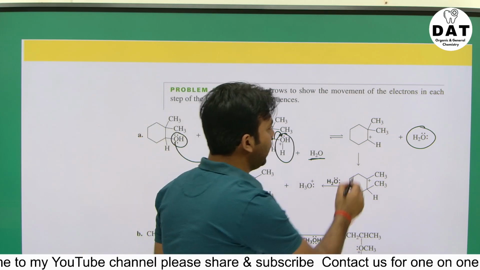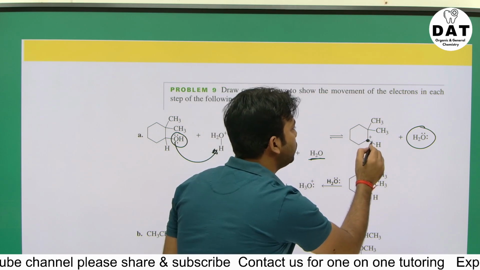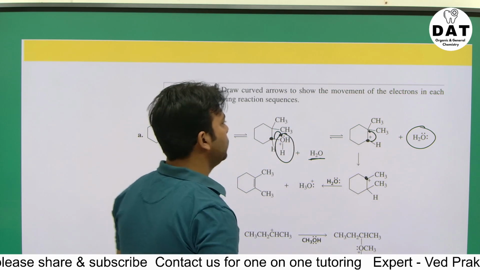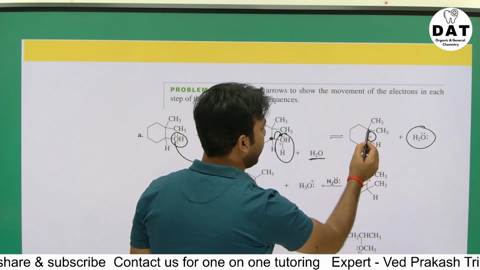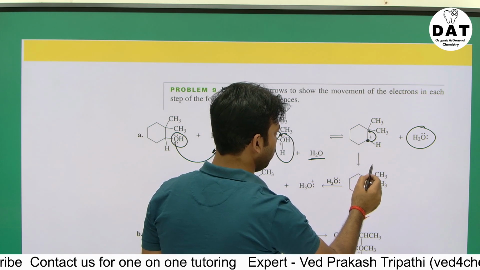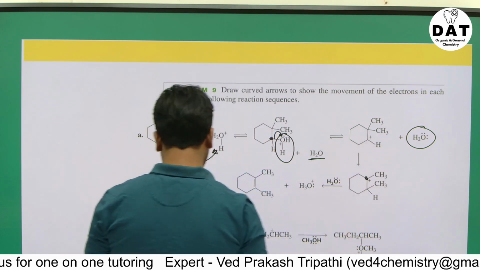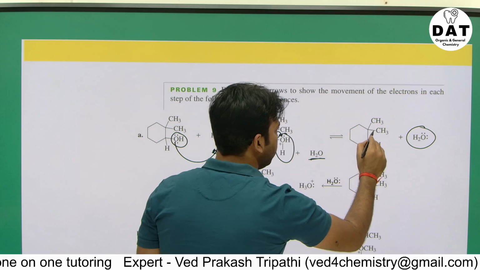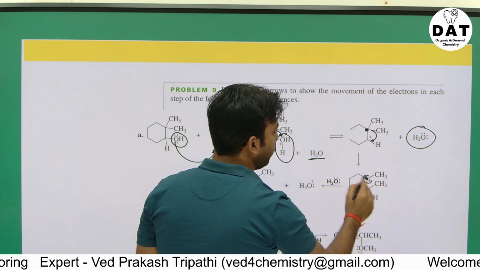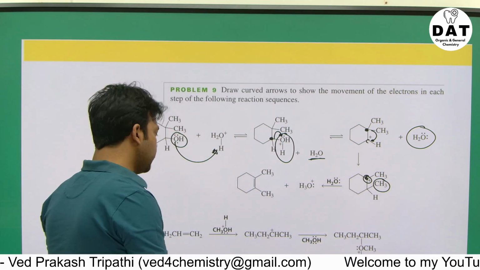Rearrangement. Why rearrangement? Carbon is positive here, but in the next step the carbon is here. So it should be like this. Makes sense? So this hydrogen shifted to this carbon. Oh wait, I did something wrong here. It should be like this. Methyl shifting, not hydride. This methyl is shifted to this carbon. So this carbon has a tail, so this is my positive. And one methyl is bonded to this carbon. Now the next step,